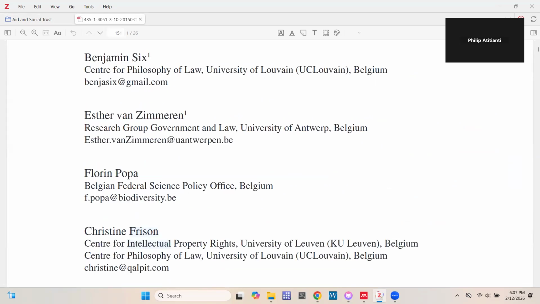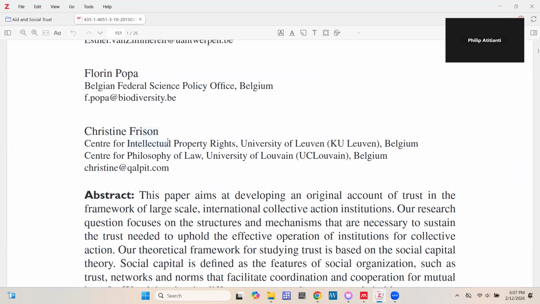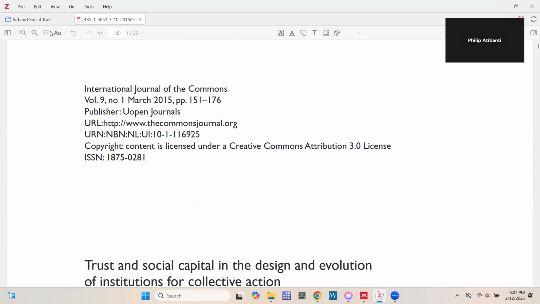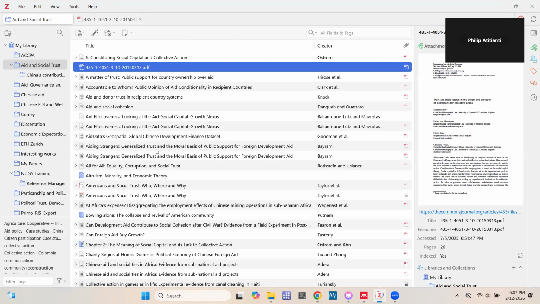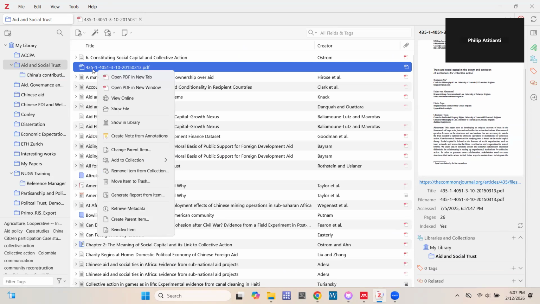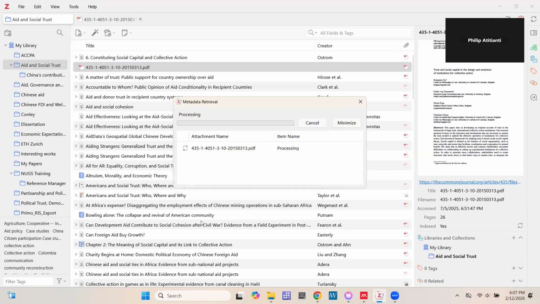If you find it this way, it means Zotero wasn't able to extract the metadata. Sometimes, like you said, if you suspect it's an internet issue, what you could do is right click and then go to retrieve metadata. Then Zotero will try to search online again and retrieve the metadata.